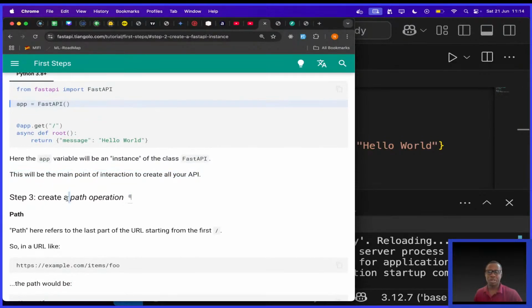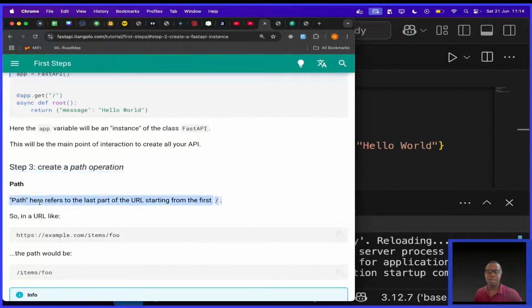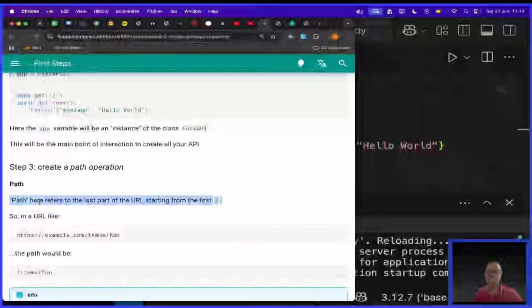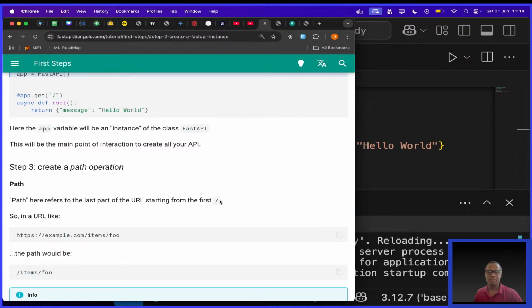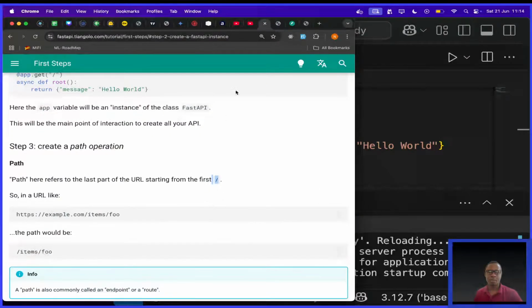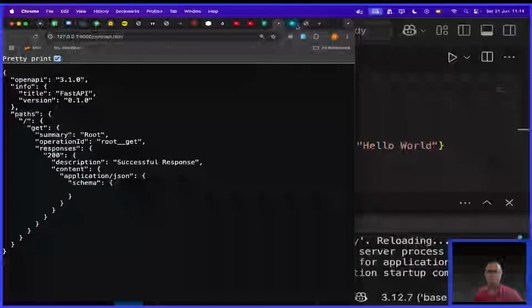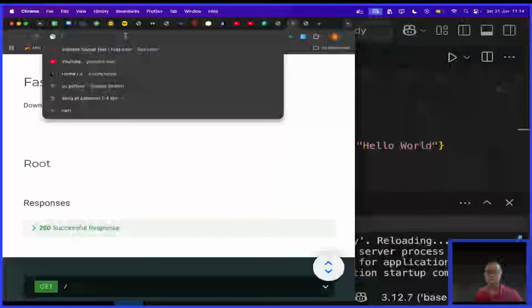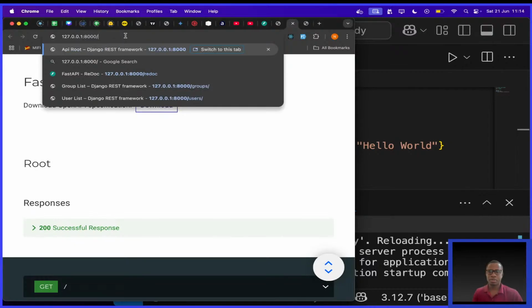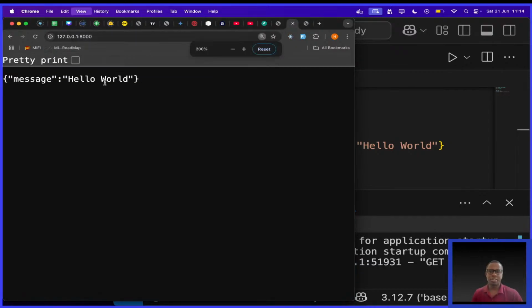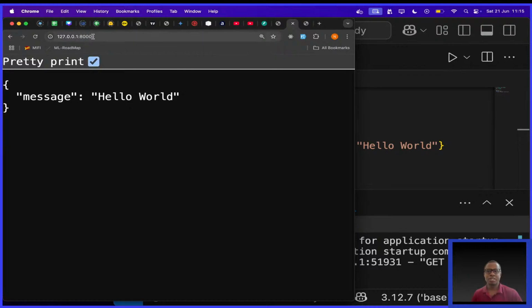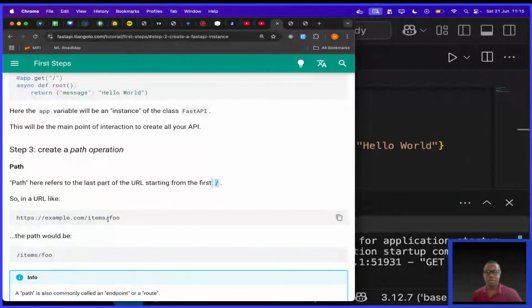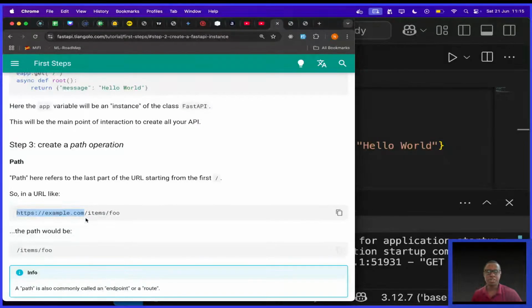Then they're saying step 3, create a path operation. They're saying path here refers to the last part of the URL starting from the first slash. So if I go back to this, after the domain, in my case, let me go back here. This from HTTPS to .com is like the whole domain, the protocol plus your domain.